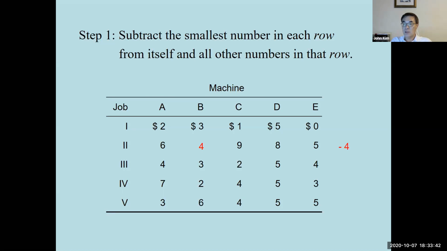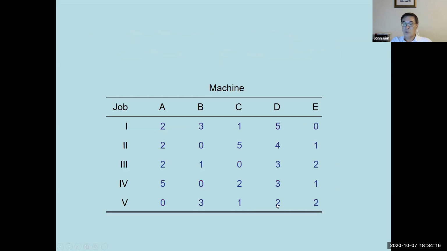So subtract the smallest number from each number on the same row. So 2, 0, 5, 3, and 1. And third row, 2 is the smallest. Next row, 2 is the smallest. And next, 3. So subtract 2, 2, 3 from the same row and change it like this. And then